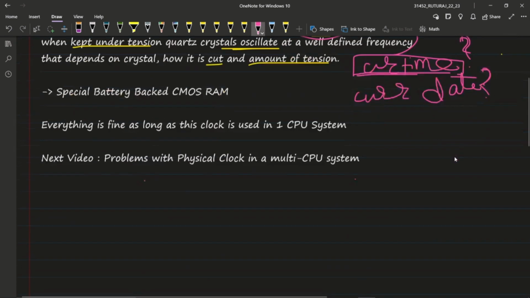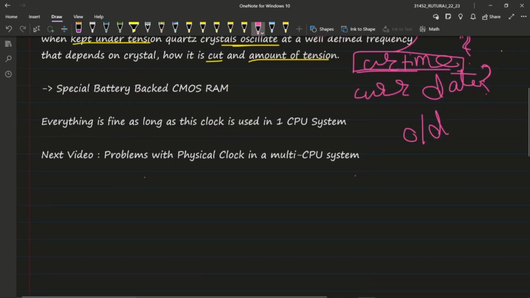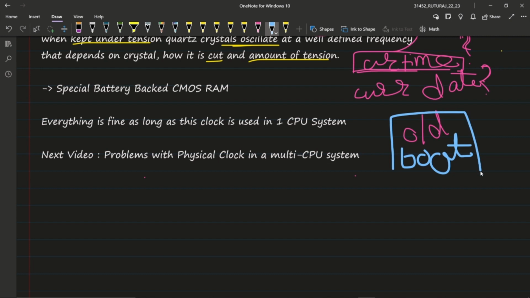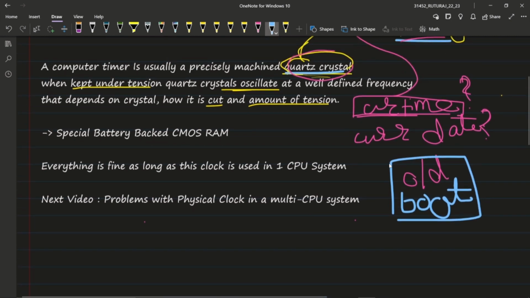Also, if you have used old devices, what used to happen is that each time you boot the system, or restart it, it asks you for the time and date. Every time you have to set the time and date. Suppose I have set the time and date, and I restart my old phone, not the current versions. It again and again asks you for the time and date whenever you boot it, right? But in modern devices, the ones which you and I use, we don't have to do this. Once we set the time and date, we don't have to set it again and again, okay? Even if we restart the phone, it automatically picks up the time.